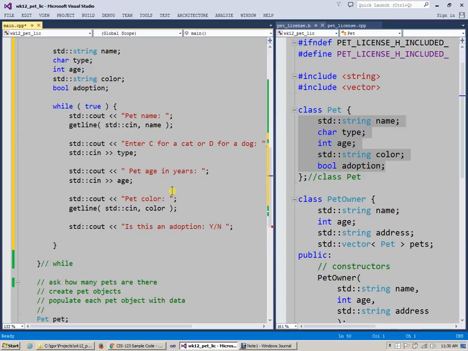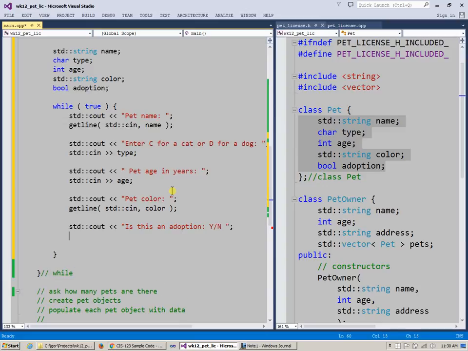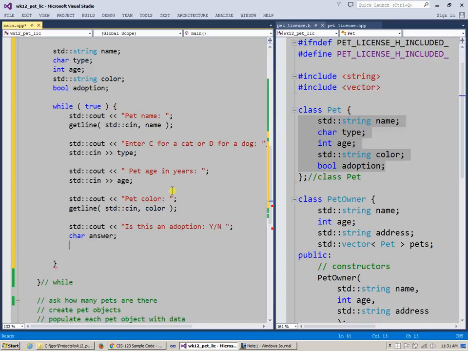So we can try something like character answer, right? And we can say std input get answer, which is another single character,